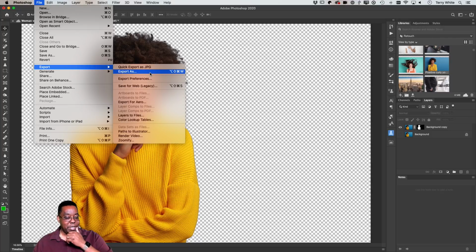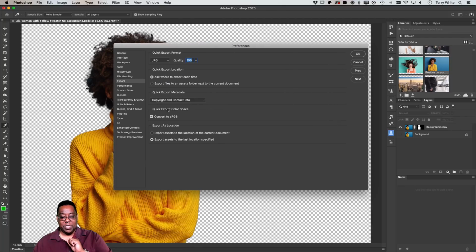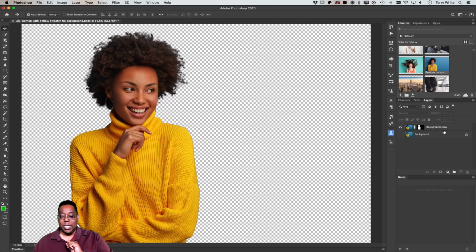You also have a default export, and that is export preferences. Whenever you go into your export preferences, this is what you're telling the default export to be. My default is JPEG 100% quality, and you can change it to whatever you want your default to be. Why is the default important? Because there's a bonus tip.